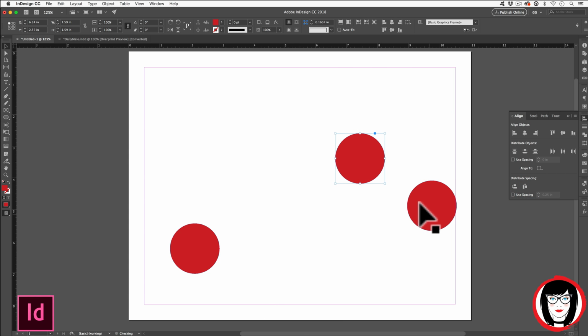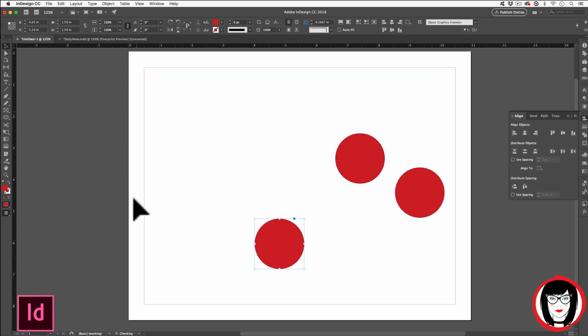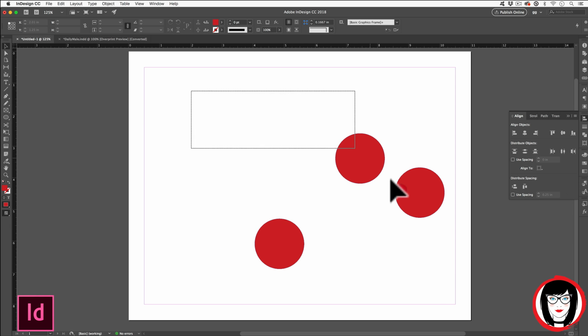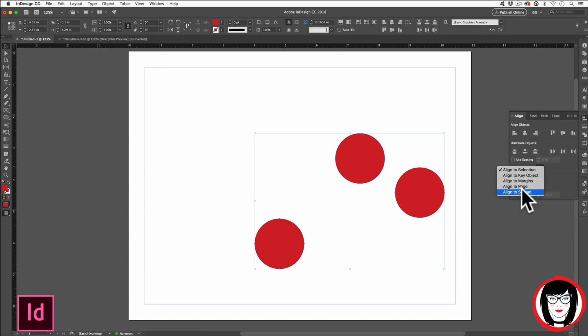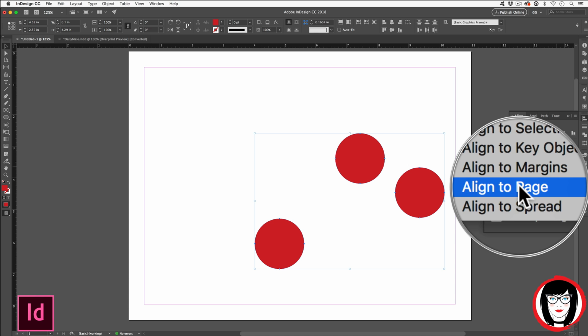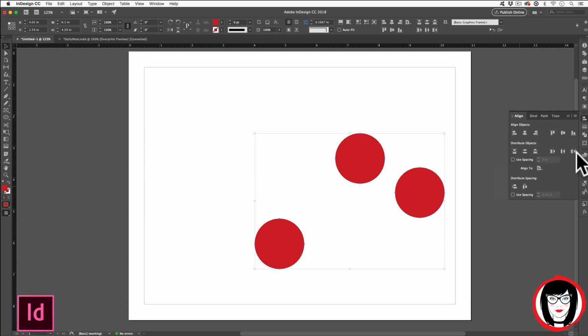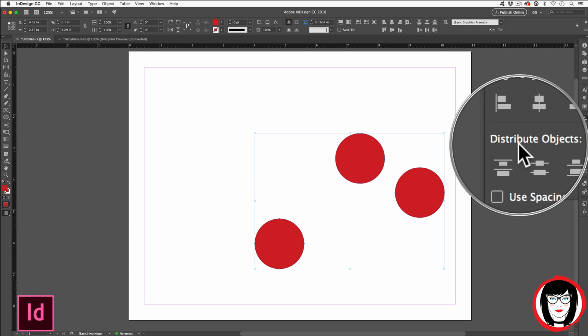So what we're showing you here is that these objects now are equally spaced out to each other. Let's show you another example where they're spaced out to each other along the overall page. In this case, once again, selecting all with Command or Control A, and now choosing, let's say, Align to Page. Now when I choose my Distribute Objects